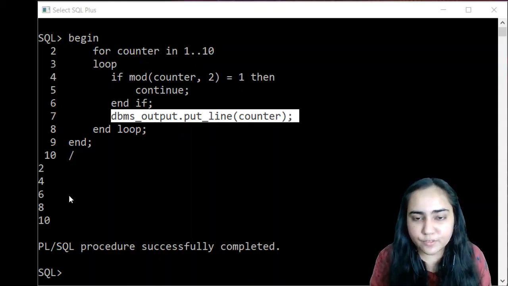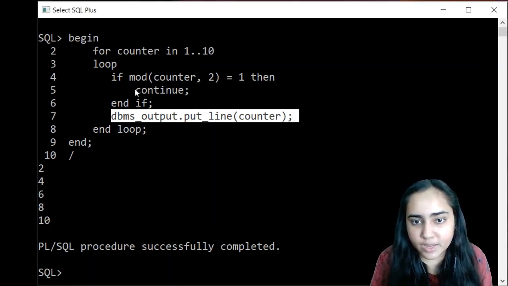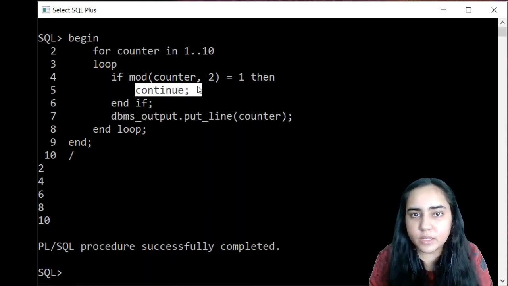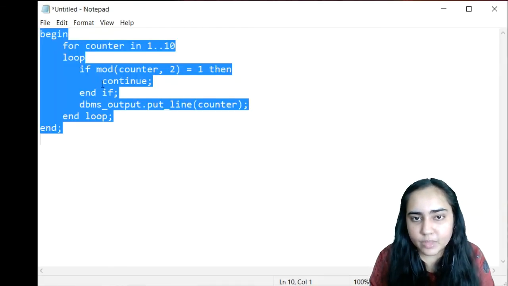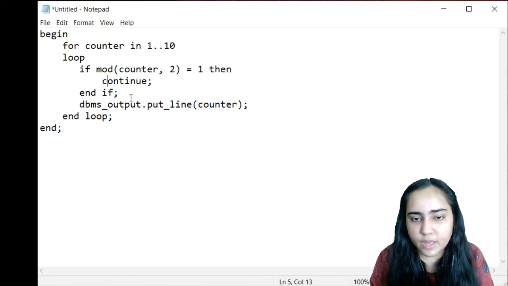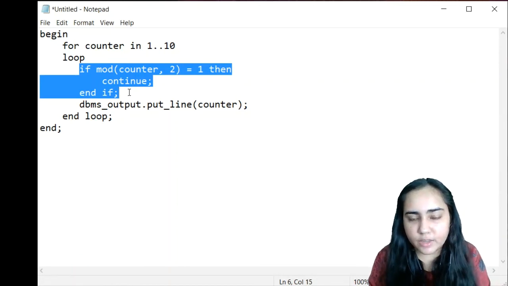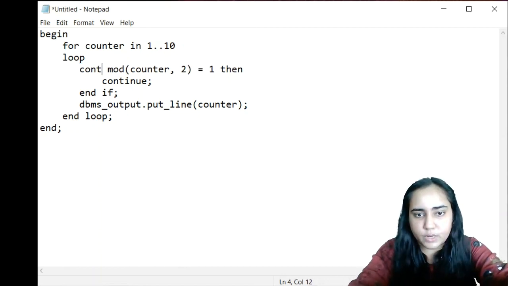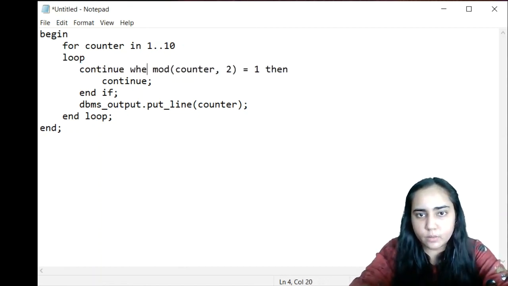We can do a slight modification of the continue statement. Just like when we are doing exit, we have the exit statement, but we also have the exit when statement. So similarly, we have the continue when statement. And to use that, instead of just writing over here if and continue, if you want to skip this whole part where you're writing the if statement and then the continue statement, you can just write continue when. So all I'm going to do is remove this if, and before that if, I'm going to write down continue when